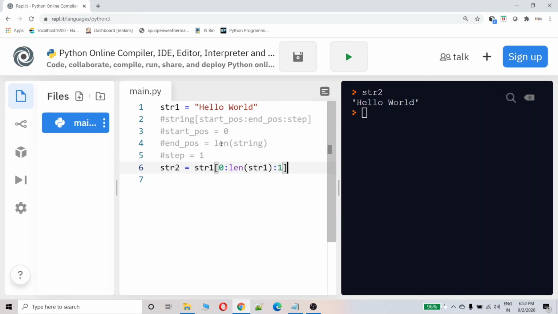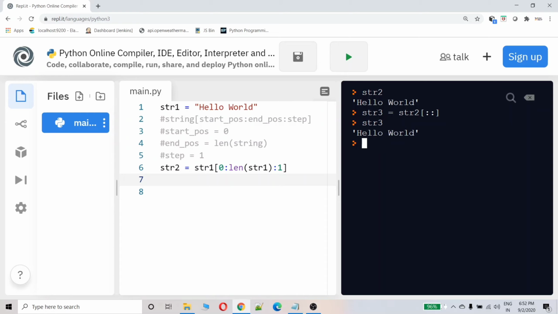As I told earlier, you don't need to define them because they are default. You can simply declare the colon, that is enough. Here itself I will write str3 equal to str2[::], double colon, enter, str3.